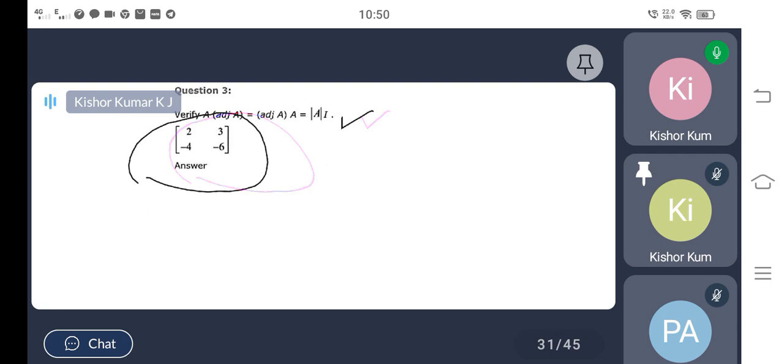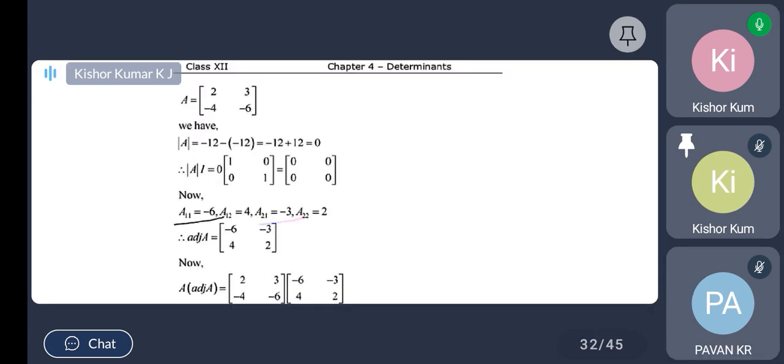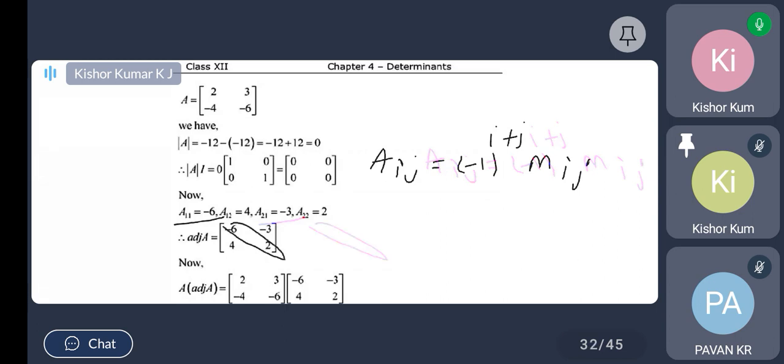So what are the cofactors we have? A11 is equal to minus 6. All this we will get by applying the formula Aij is equal to minus 1 to the power i plus j into capital Mij. You can use this method or write by interchanging the elements and changing the signs of the others. You will get adjoint of A as minus 6, minus 4, 2. So now we have got all the values